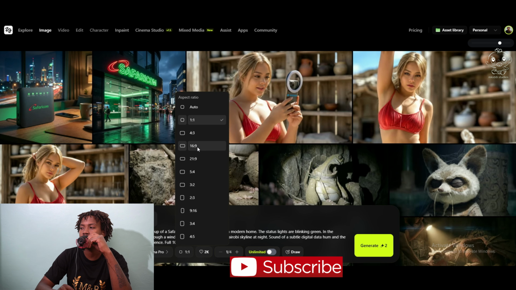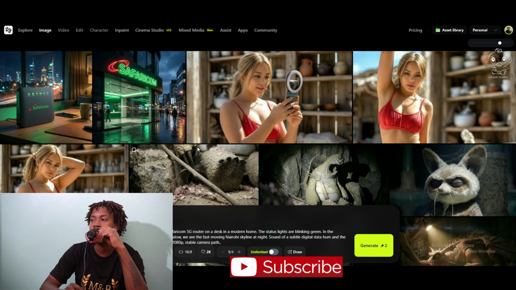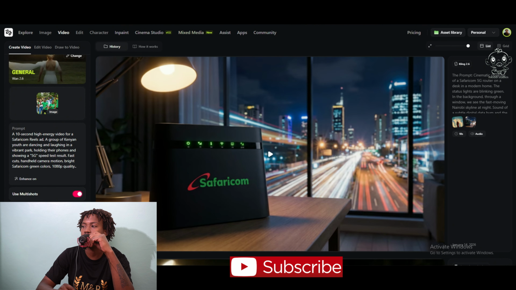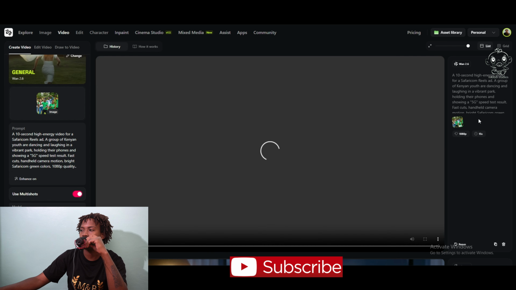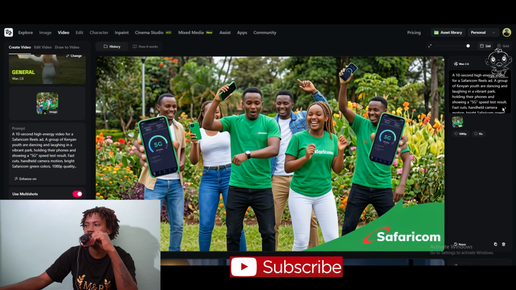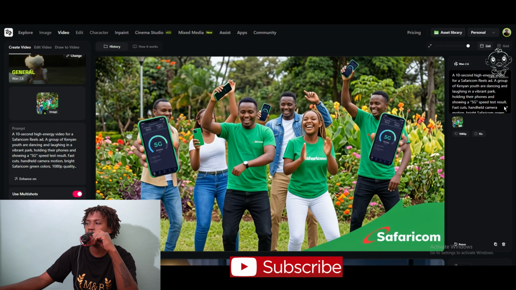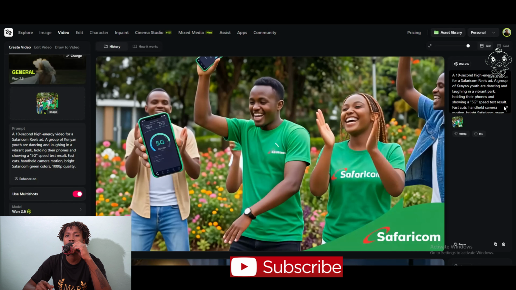It's a multimodal engine, meaning it generates the video and the ambient sound in one pass. Upload the Nano Banana image or type a prompt for a rainy street scene. Listen to that, the rain sounds, the footsteps, it's synchronized. No extra editing required. So for the demo, I'll put in guys walking in front of